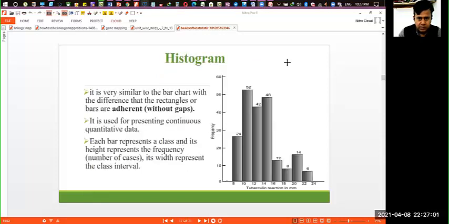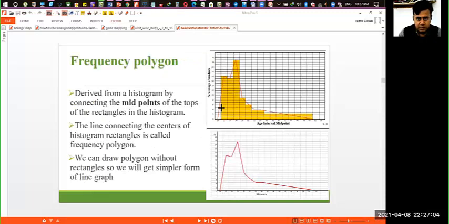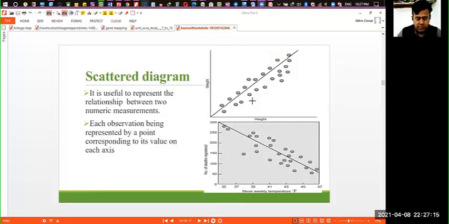Okay, and the histogram you can see like this. Frequency polygons can be represented in line form, and always the midpoint is taken in the frequency polygon. So the center of the histogram is always taken. Scatter diagram is very, very important. CSIR is going to ask about it many times, because whatever dots you are getting, this is the mean data. So you can see the graph is plotted between the number of deaths and mean weekly temperature. So now you can correlate whether there is an effect of temperature or not.